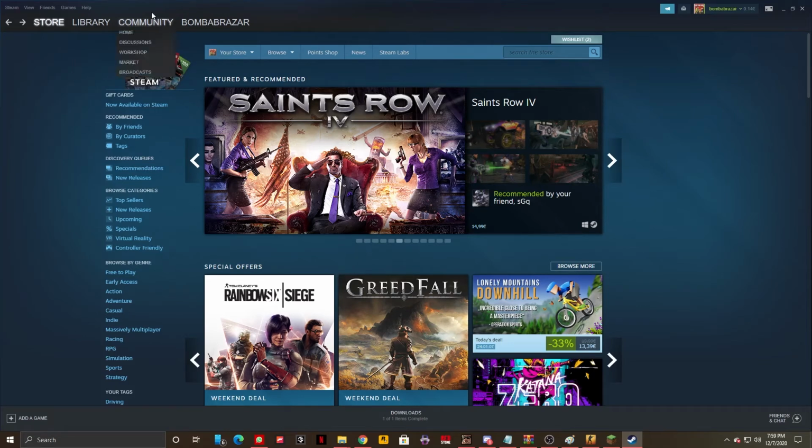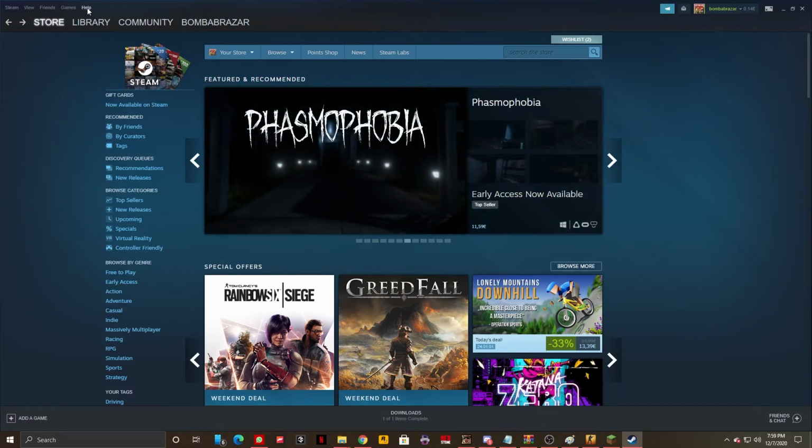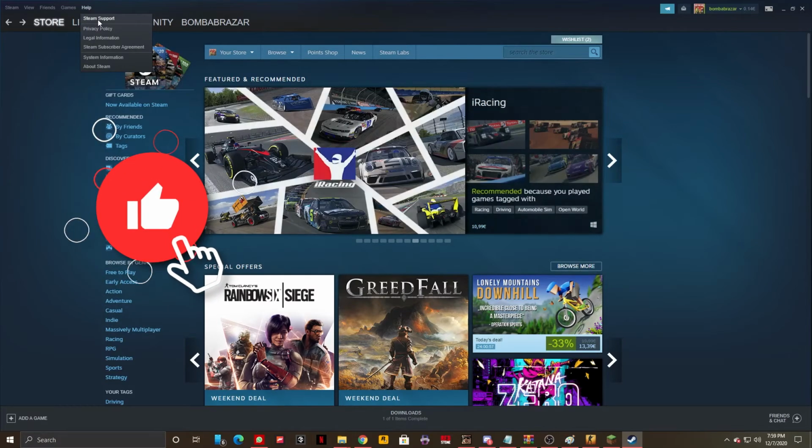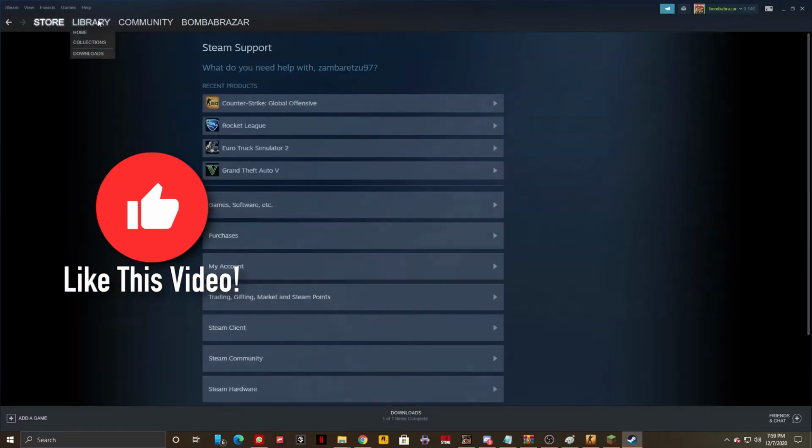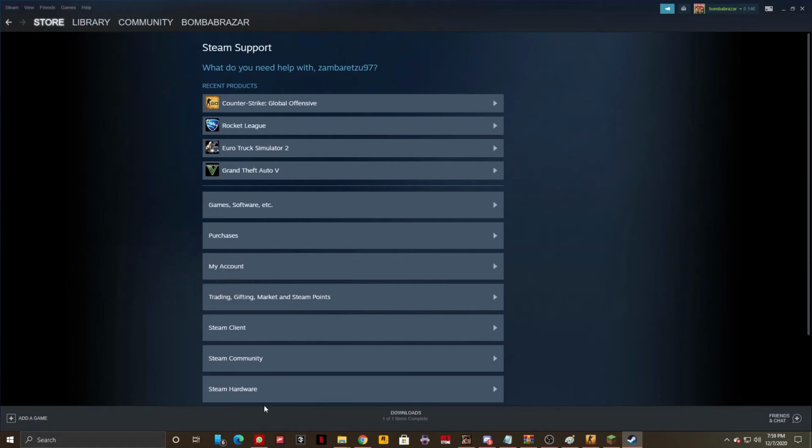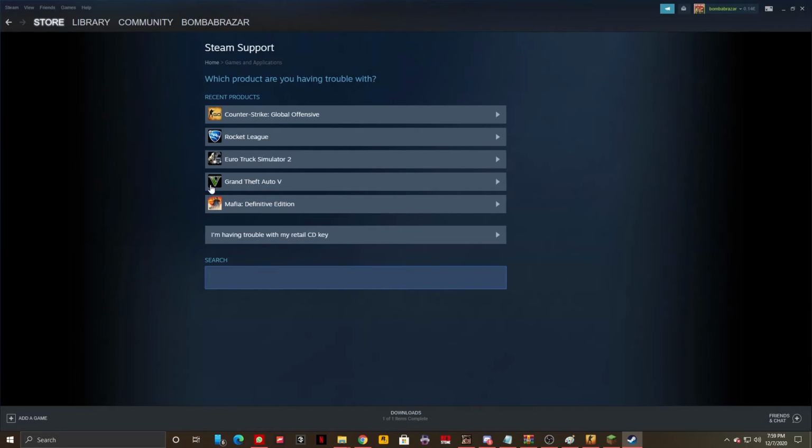So let's get started. The first thing that you need to do is go over on the top left side of your screen and just hover over Help, click on it and just select Steam Support, which is the first option. Once you've selected that, your screen should now look like this. And as you can see right here,